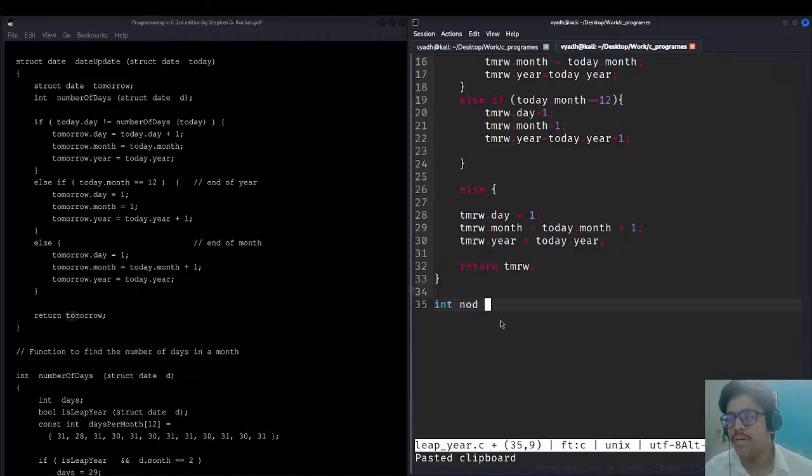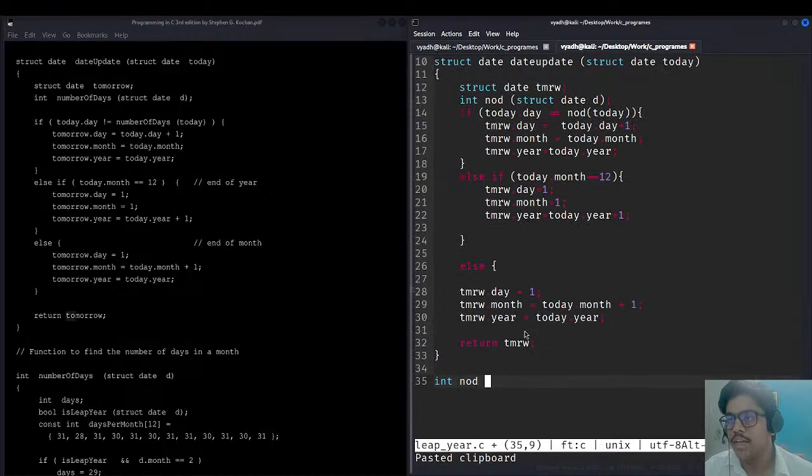For that we will be defining a function like nod, and we will write the definition of this function here. So struct date d, and now we'll be defining the function. So int and days,